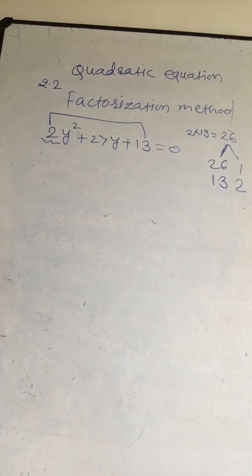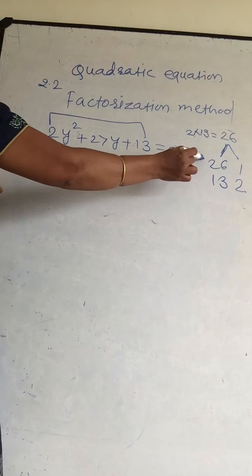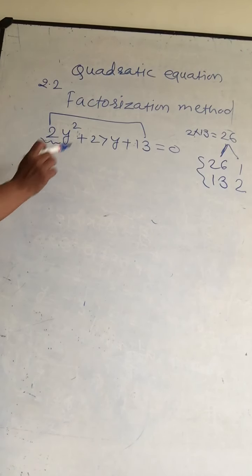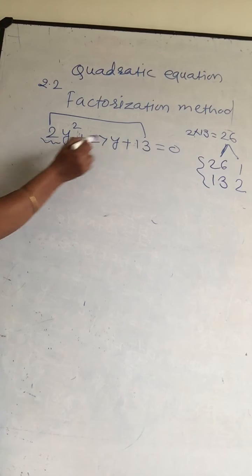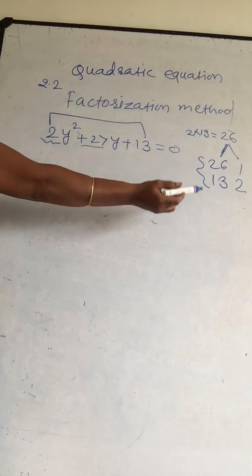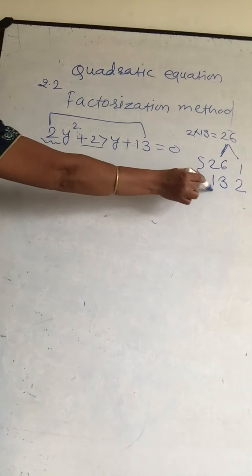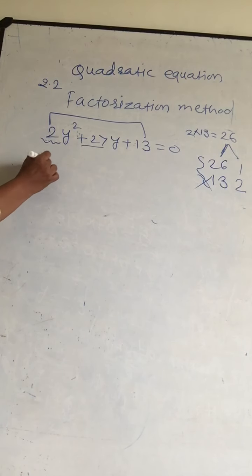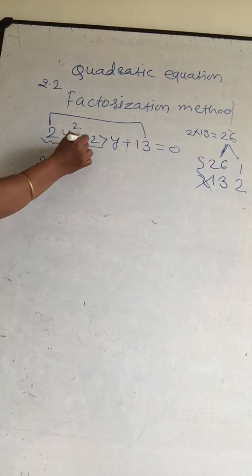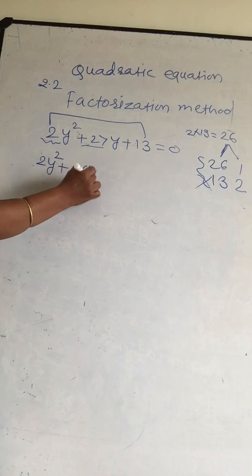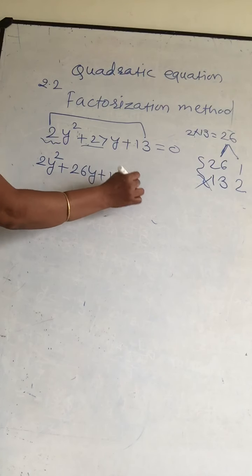There are none other than these factors. Only two pairs of factors of 26: 26 and 1, and 13 and 2. Okay. Now if we take 26 plus 1, that is 27, that is the middle term. 13 plus 2 is 15 and 13 minus 2 is 11. So this pair is not taken. So 26 plus 1. So 2y square as it is. Write the 27 as 26 plus 1. So 26y plus 1y plus 13